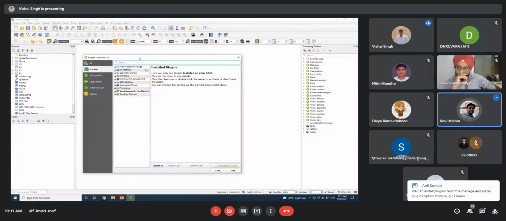So how will I get to know that? By clicking on install, there are 6 to 7 options available. In that, sir, I am not able to see the Google image file.